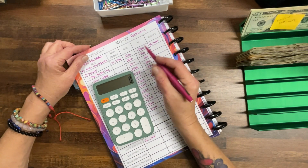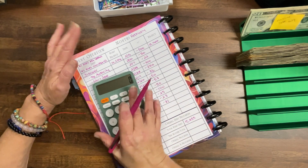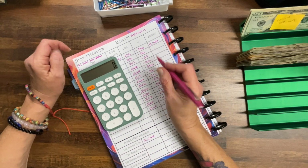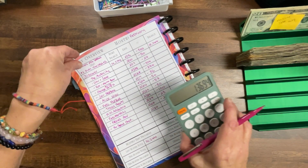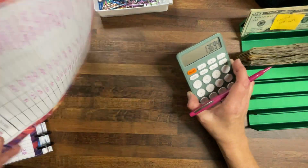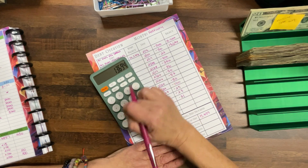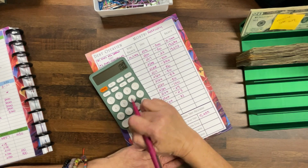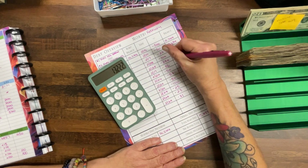So we made our standard payment, which is approximately double the minimum payment of $500 a month. That always comes out on the 15th. So we're starting with $13,744. All right, let's go. Minus 50. You know what? I'm going to take this out because I can't write with the rings there. So 13,694 minus 22, 13,672 minus 100, 13,572 minus 350,